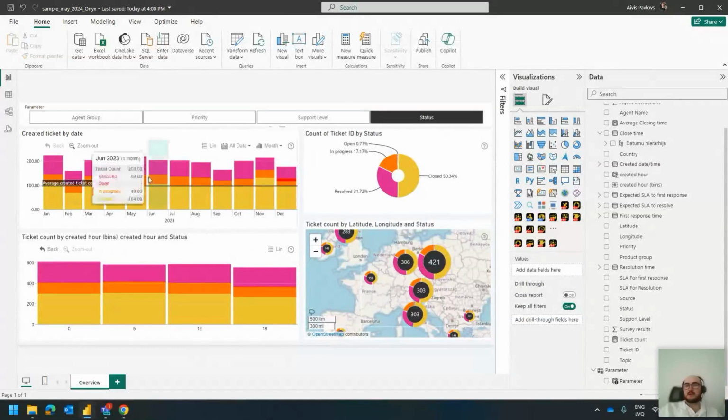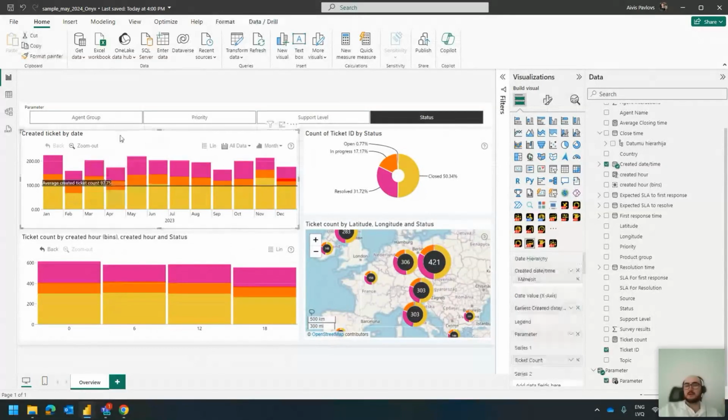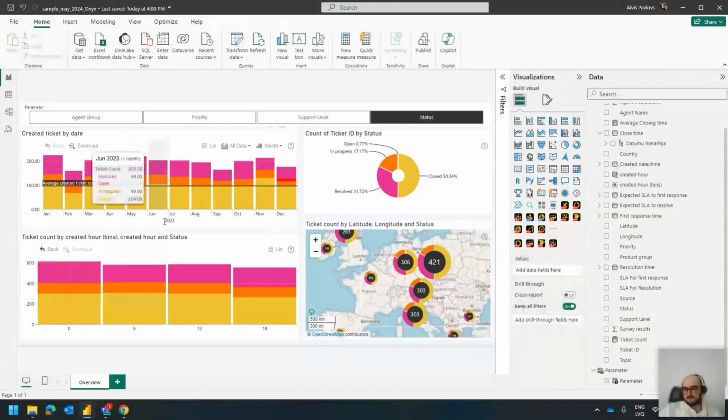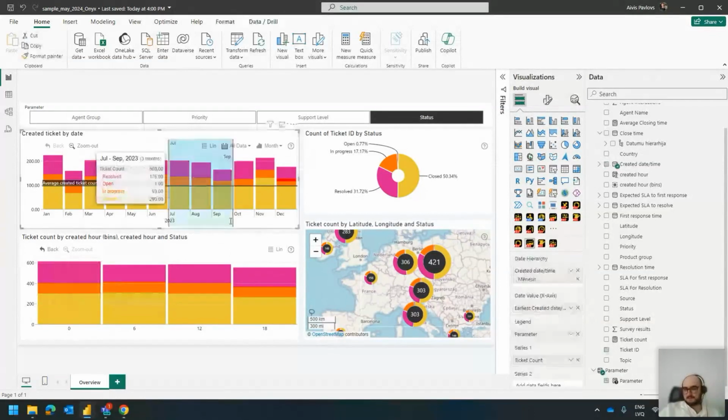I could add it all in a single visual and have basically a drill down where I could go through a single month, a single day, different time periods, and so forth. But that would also limit the information that I'm looking at, meaning that I would always limit myself to that particular month, to that particular date, or those particular hours. Here, since I split it, it allows me to do the following. It allows me to, for example, select a couple of months and see